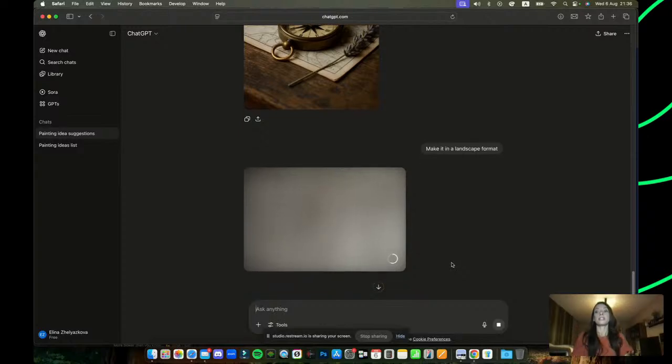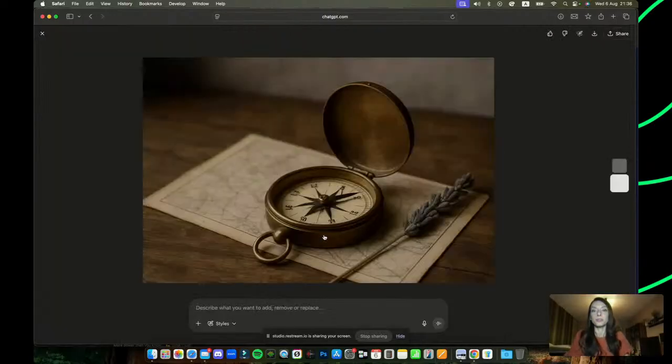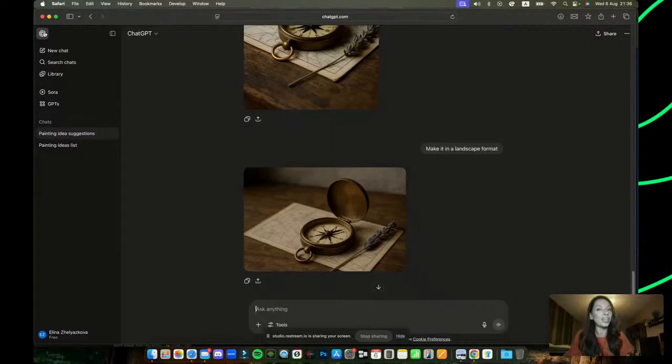And other than that, this is pretty much it. If you have some questions, please type them in the chat. And this is better, I think, for painting. And by the way, feel free to paint using this reference, or any of the prompts that I showed you today. So yeah, I hope this was useful. So now let's see if we have some questions to answer.